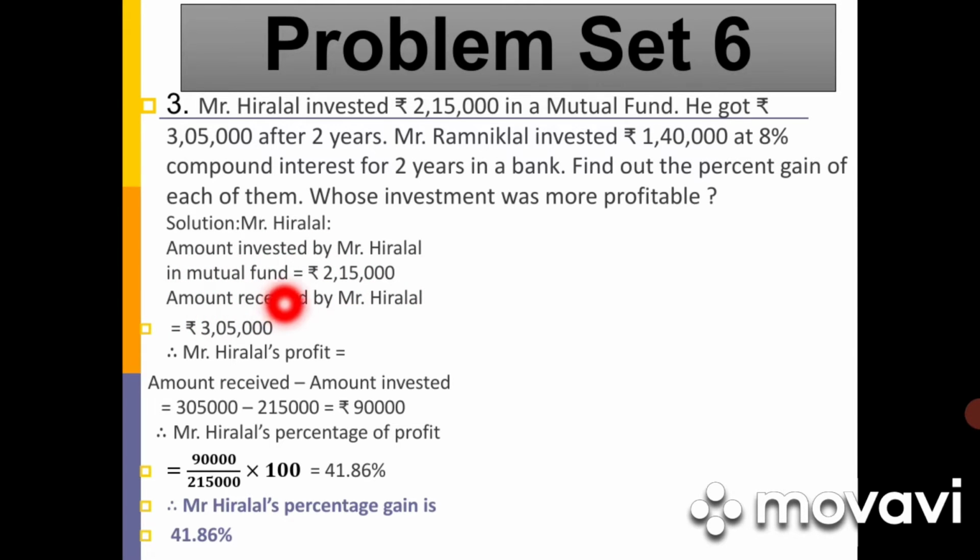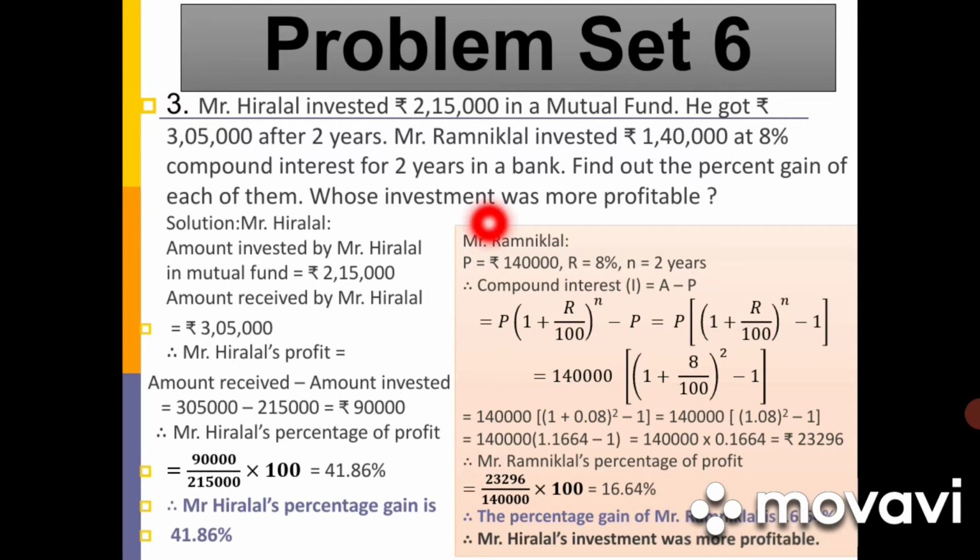Hiralal in mutual fund is equal to rupees 2,15,000. Amount received by Mr. Hiralal is equal to rupees 3,05,000. Therefore, his profit is equal to amount received minus amount invested, and that is equal to 3,05,000 minus 2,15,000, and that is equal to rupees 90,000. Therefore, Mr. Hiralal's percentage of profit is equal to profit upon investment into 100, and that is equal to 90,000 upon 2,15,000 into 100, and that is equal to 41.86%. Therefore, Mr. Hiralal's percentage gain is